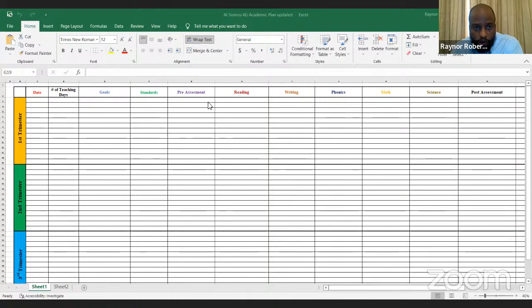Also, for reading, what's the pre-assessment? For writing, what's the pre-assessment? For phonics? For math? For science? So for instance, for the standards right here, the pre-assessment would be reading, then writing, phonics, math, and science. What's the post-assessment? This will be the summative assessment to figure out whether they learned it. So this would be like any test you give,